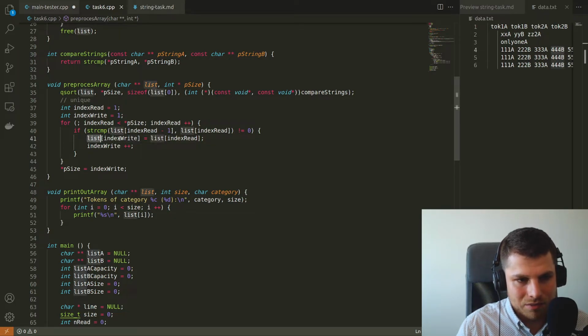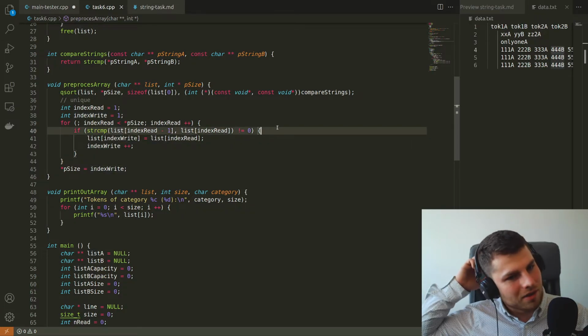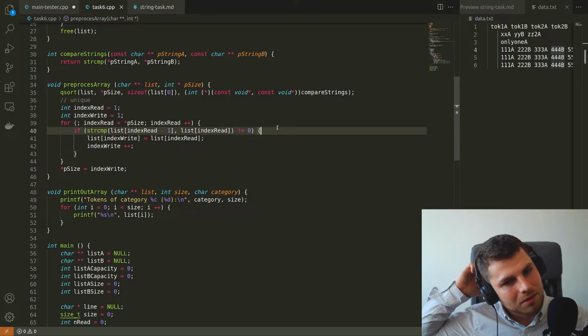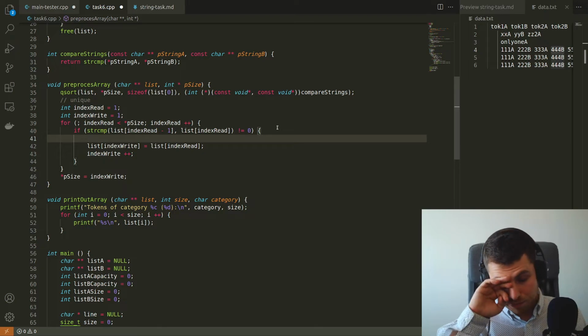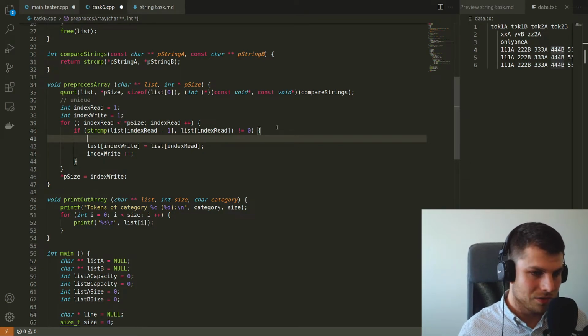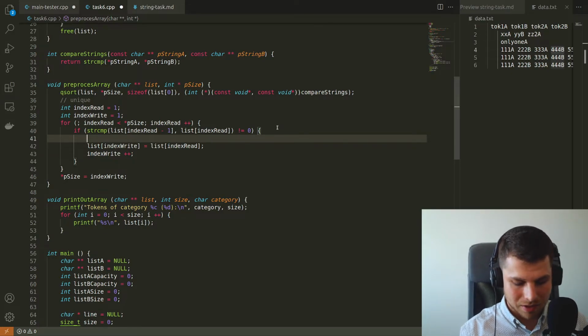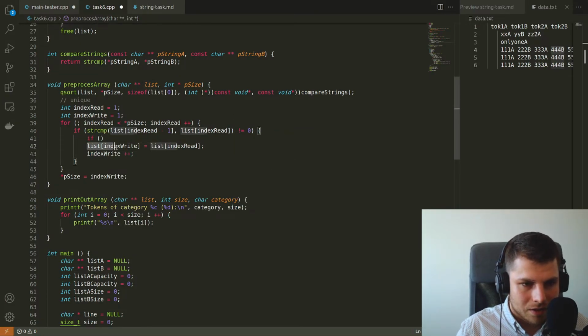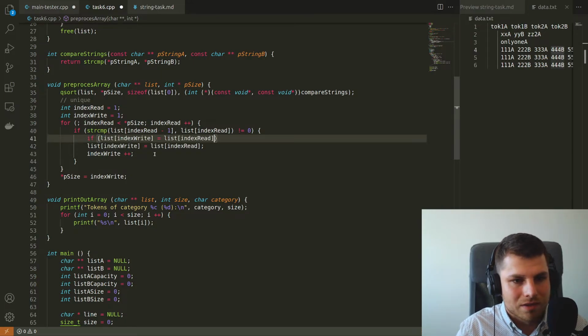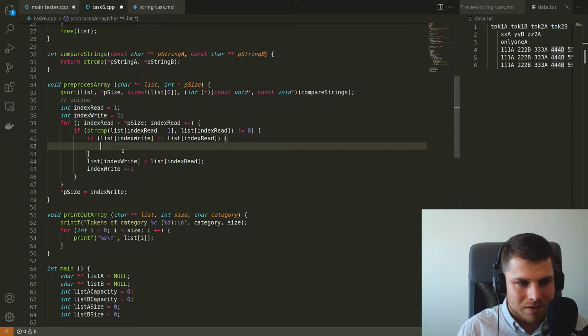So when we have to copy, we will check whether we are copying the same or not, because we can also rewrite the original array when it's a unique array. We will just copy the same things on the same places. So that's not the case when we want to remove. We want to remove in case these are not the same addresses. So when these are not same addresses, then we want to free